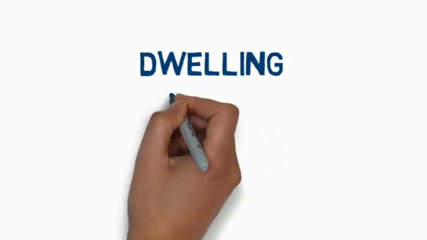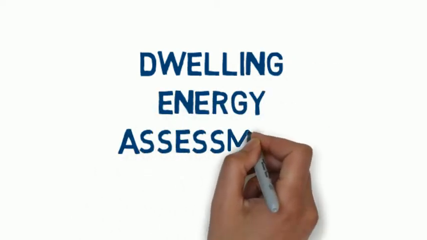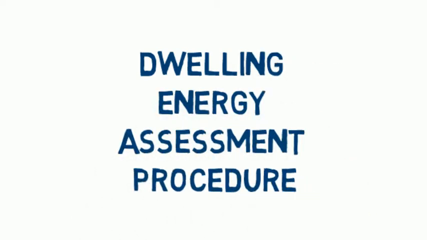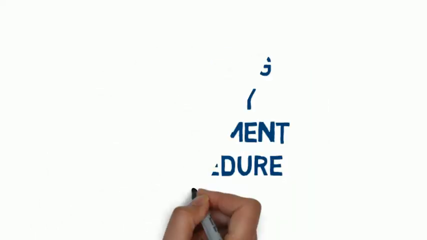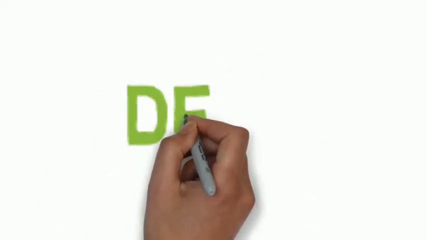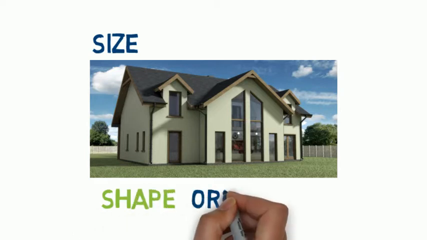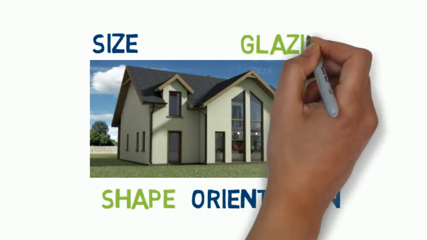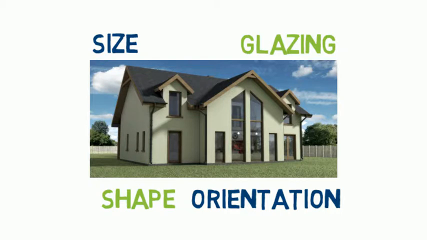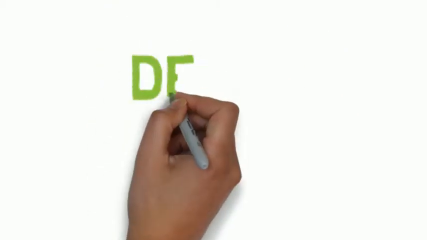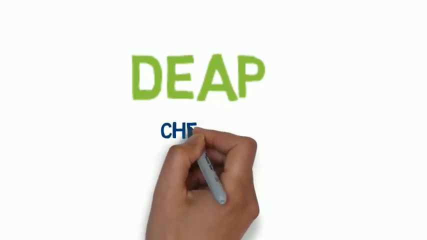The manner in which you must demonstrate compliance with Part L is to use a software program called Dwelling Energy Assessment Procedure, or DEAP for short. With regards to energy efficiency, buildings are like fingerprints, insofar as each one is unique in terms of its size, shape, orientation, glazing fraction, and so forth. The DEAP program requires you to firstly model every aspect of the dwelling, after which it determines whether your project